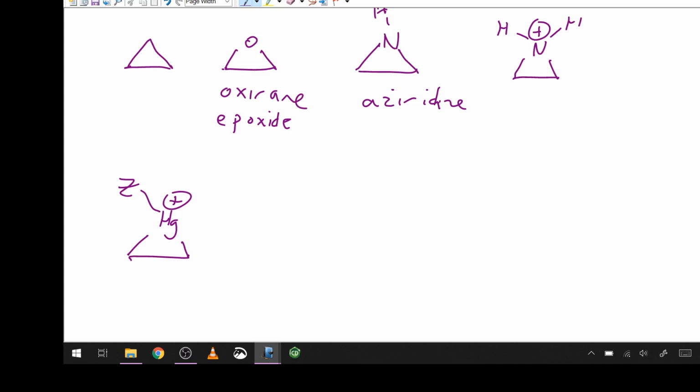Big caveat here, mercury is massive compared to carbon, oxygen, or nitrogen in the cases above. So this is a much less stable structure to begin with. We're also going to have to include things like the d orbitals to explain it entirely. So it gets to be a little bit messy, but it is a valid intermediate and one we have to think about and one we're going to see again very, very quickly in the next video. The last one, which we'll see later on in the chapter,